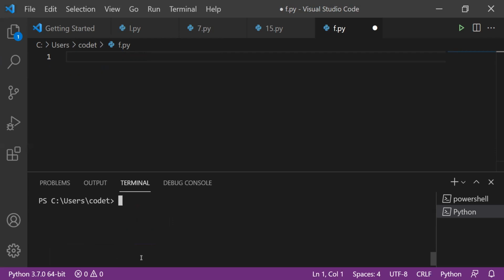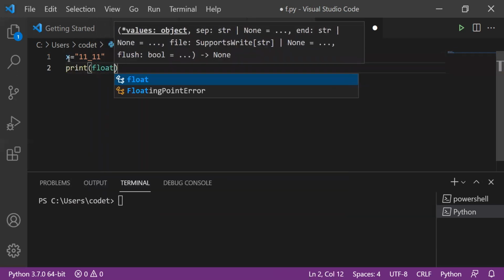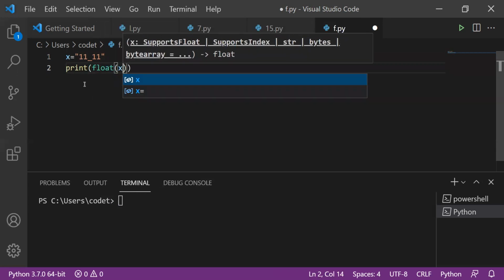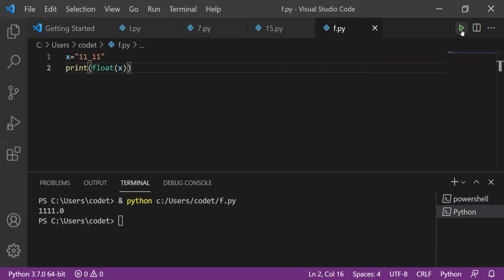Now next I'll tell you one more trick using a split method we already discussed. Other than that, now I'll show you one more thing. X equals to 1, 1. I just want to mention it in double quotes or single quotes, underscore 1, 1. Okay. Now see here. If I write print of float of x, now what we are going to get, we're going to get the complete value. Okay, but we mentioned it in float. So that is the reason in the output you're getting decimal.